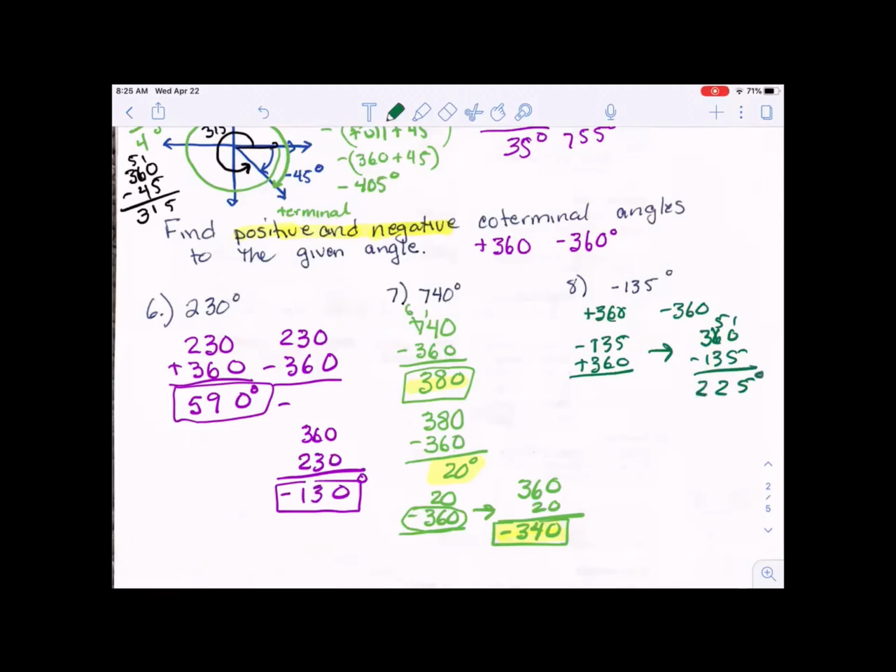Now, if you can do that in your head, great. If not, I'm just showing you what it would look like on paper. And all of this extra work that I'm leaving on here, this is beautiful math. Leave it on your papers, guys. Don't start erasing. So it said in the directions, find a positive and a negative. We have a positive. If I keep adding 360 to that, that's going to get bigger positive, so adding 360 is not going to be useful to me anymore. So I'm going to go back. I'm going to take my original negative 135 and then I'm going to subtract 360 because our choices are add or subtract 360. Those are